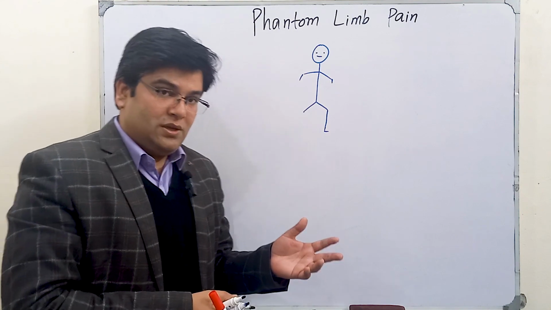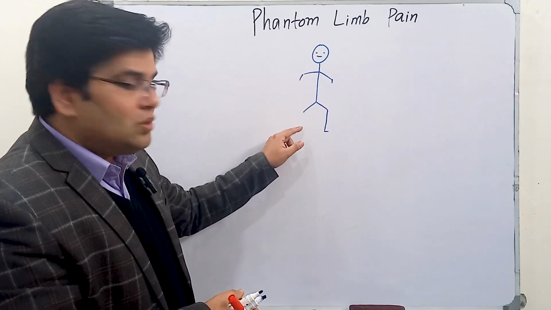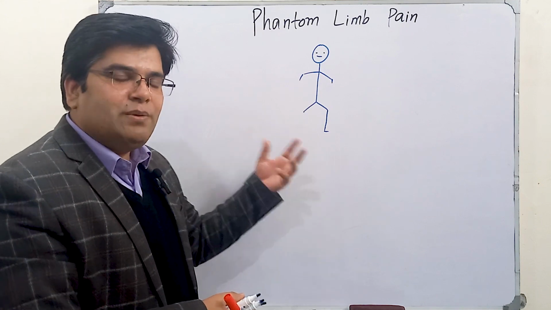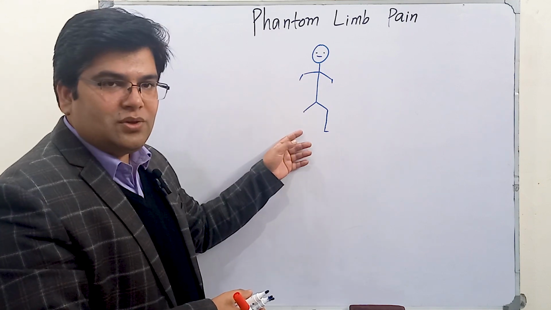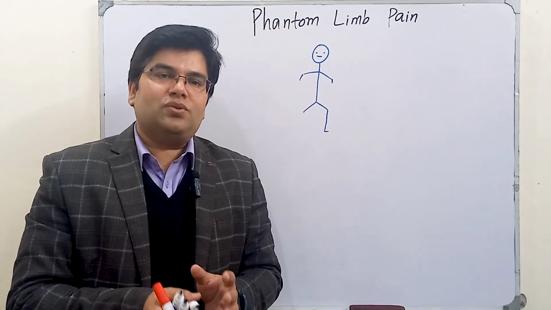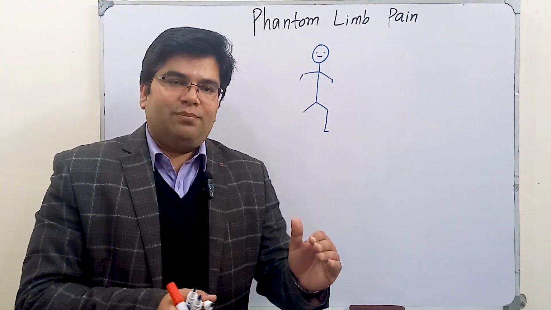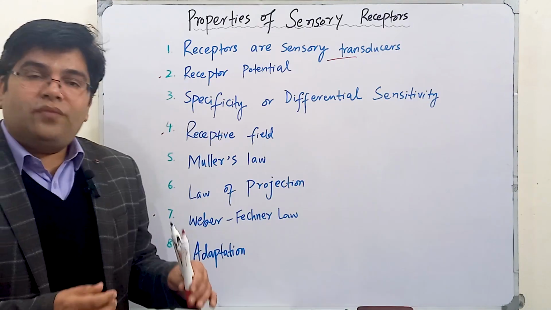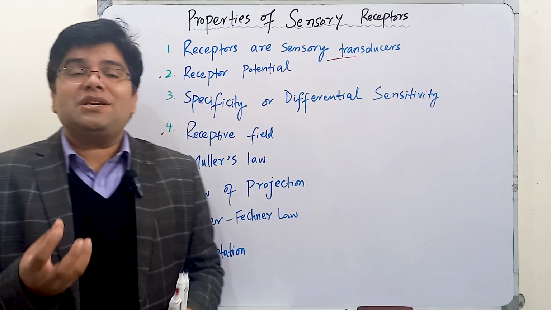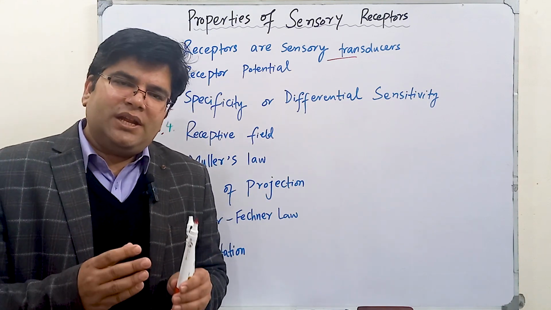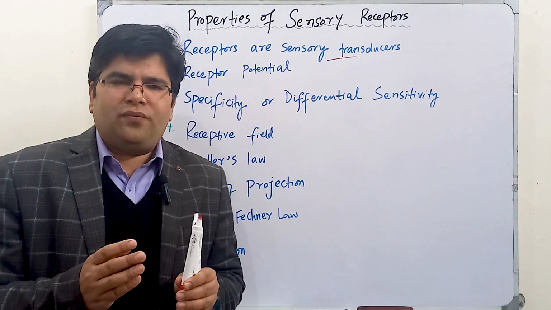It's because wherever we stimulate those nerve fibers which are carrying signals from the foot, the signals will be perceived as if they are coming from the foot. So this phantom limb phenomenon is helpful for us to understand the labeled line principle and the law of projection. Weber-Fechner law describes the relationship between change in the intensity of stimulus and the change in the perception of